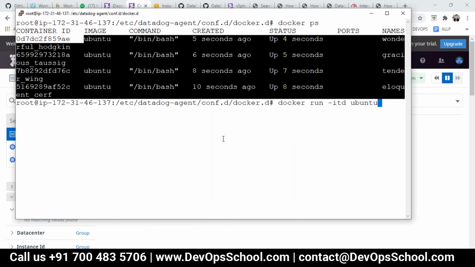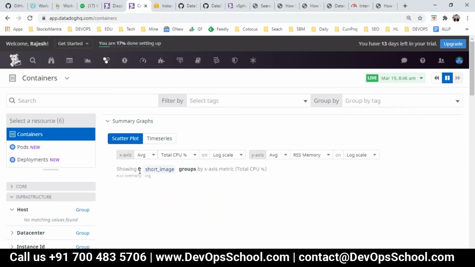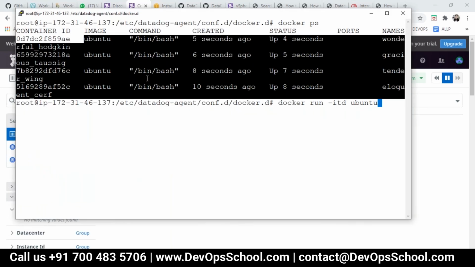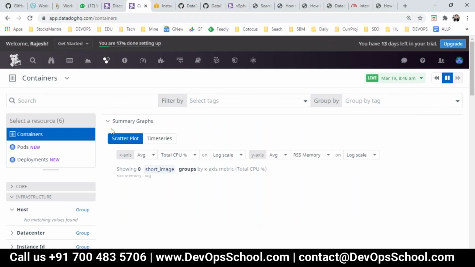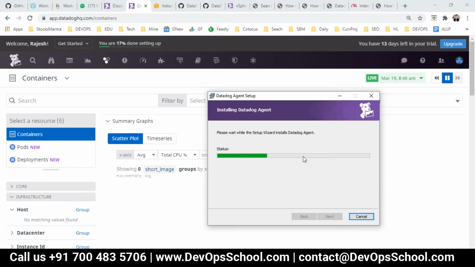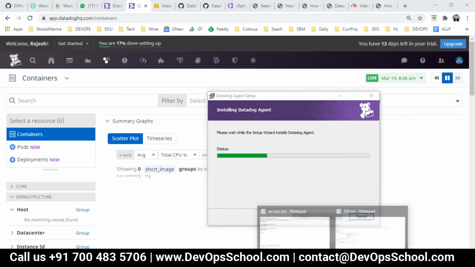Now you see here you have a 0, right? Just wait for 2 minutes. You will have 4 containers, and now these containers are running your applications. You can monitor it. You can create a monitor. So just wait for 2 minutes. I'll come back later and stuff like that. The Windows is still in progress, so let it complete.